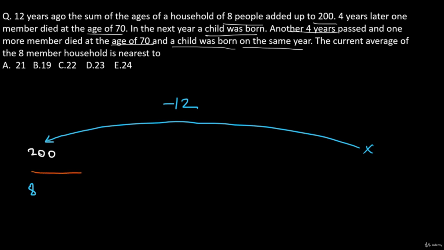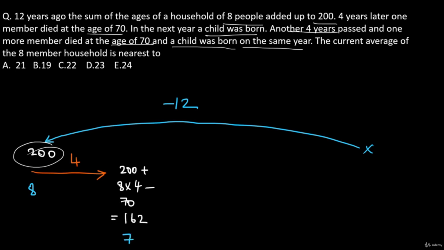Now, 4 years passed, and what happened? One person died at the age of 70, right? Now, this 200, if nobody had died, after 4 years, it would be 200 plus 8 into 4, right? And because one person died at the age of 70, we have to do minus 70. So that gives us the total at this point of time as 162, and there are 7 members in this